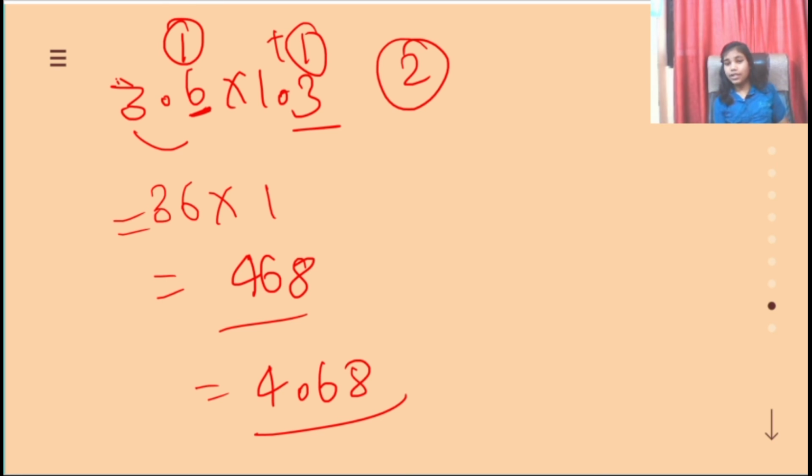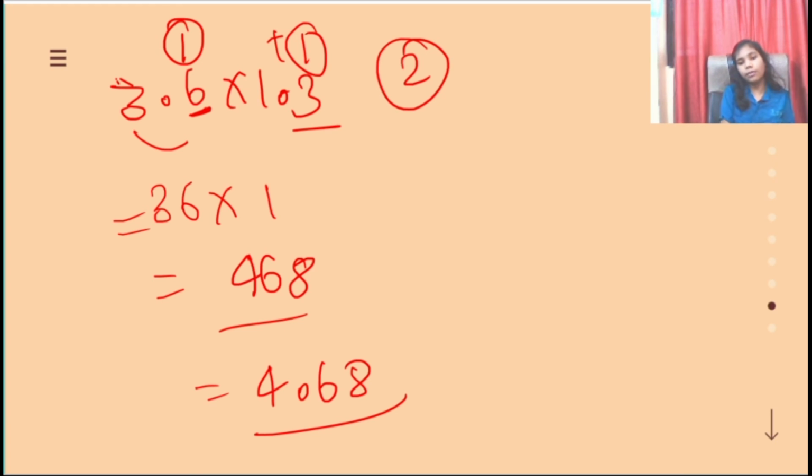So this simple it was. Okay, it will be really easy if you try more and more examples. It will be really fun. So let's summarize what we have learned till now. Basically, you have to ignore the decimal point. Ignoring the decimal point is the first and very important step whenever you are multiplying decimal numbers, right? Just ignore the decimal point and write it as a whole number, and then multiply as usual.